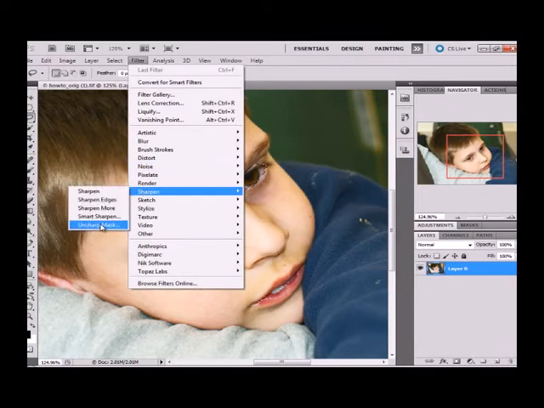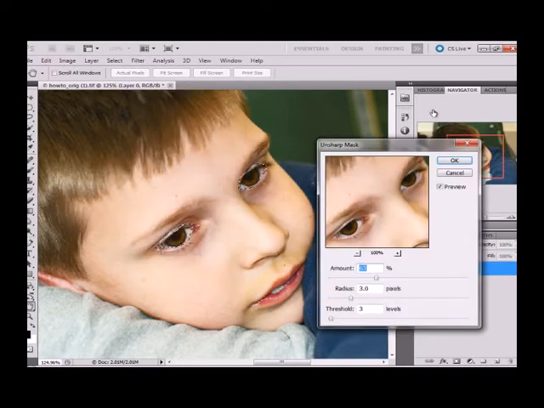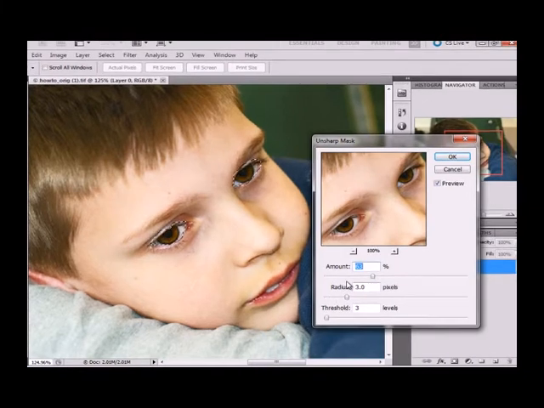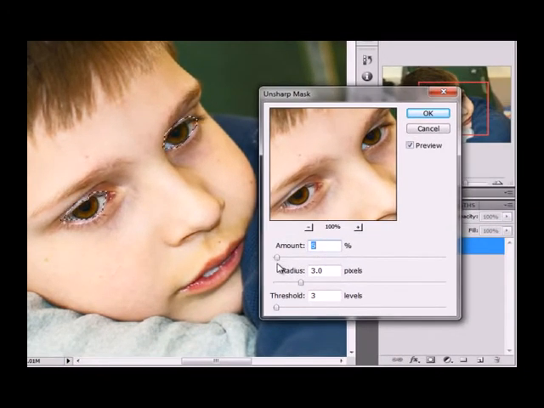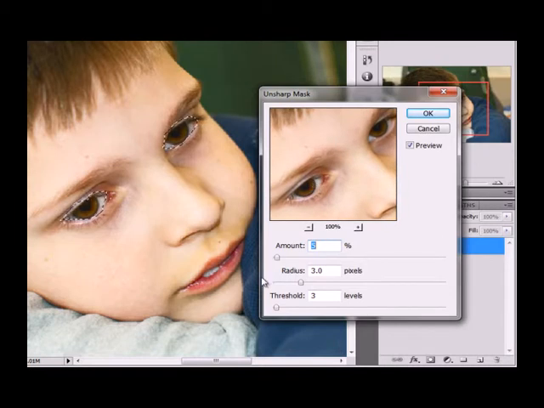Sharpen, and Unsharp Mask. Now I usually put the threshold at about 3 and the radius at 3. Now the radius kind of depends on the resolution of your photo. If it's a really low resolution, you're going to want to move it down to about 1. And so then I adjust the amount, and as you can see right here, you can see the sharpness change